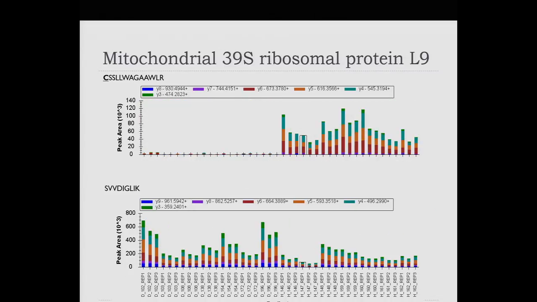then if I denormalize, we can see that there's again very little signal in the disease group, and a lot more signal in the healthy group. And then the other peptide for this protein, strangely, is going the other direction. Not very strongly, but there's more signal in the disease group than there is in the healthy group. Not enough that this would be like